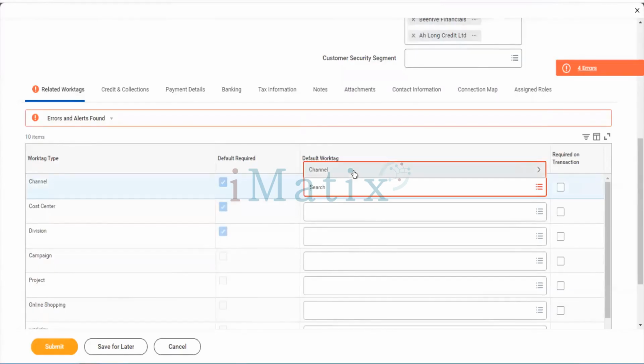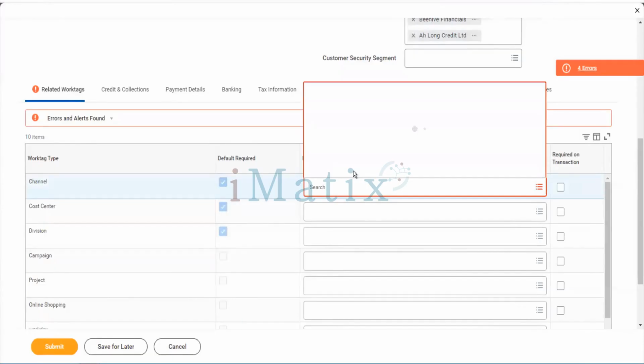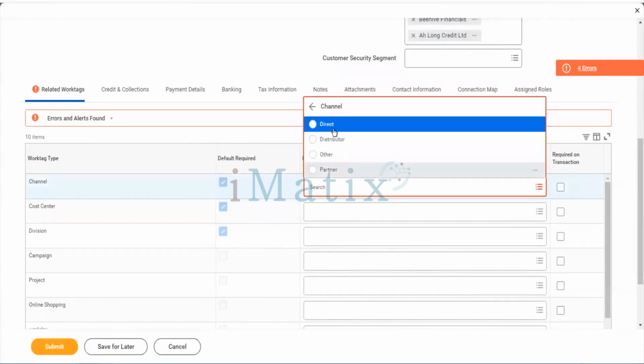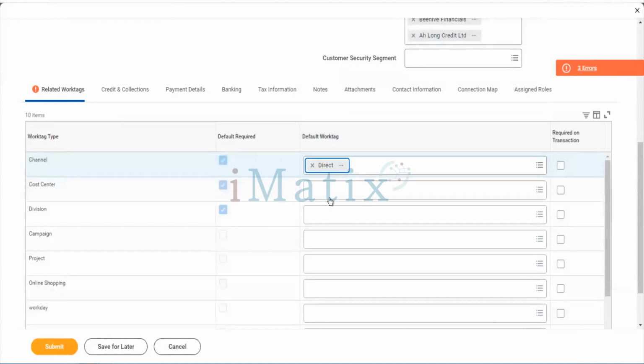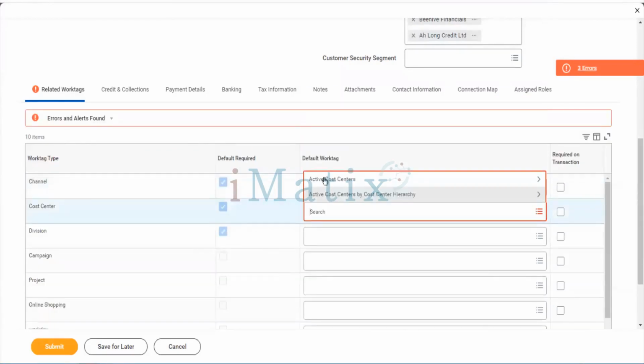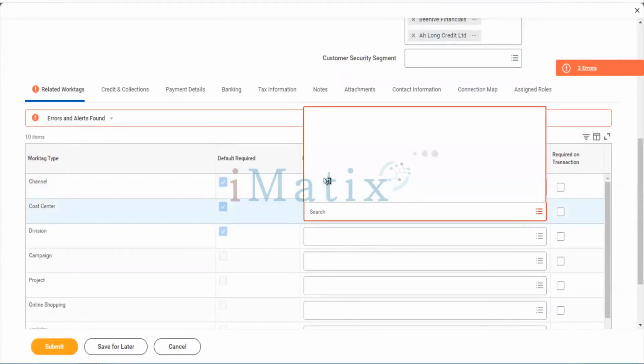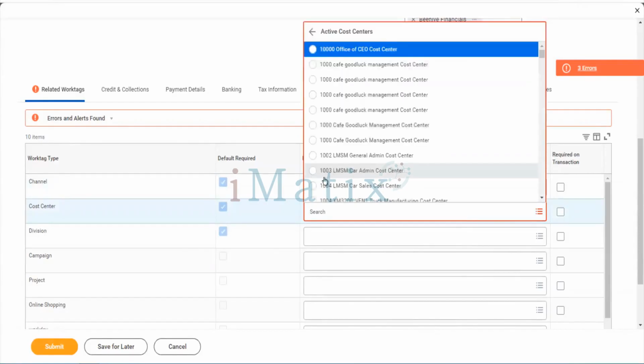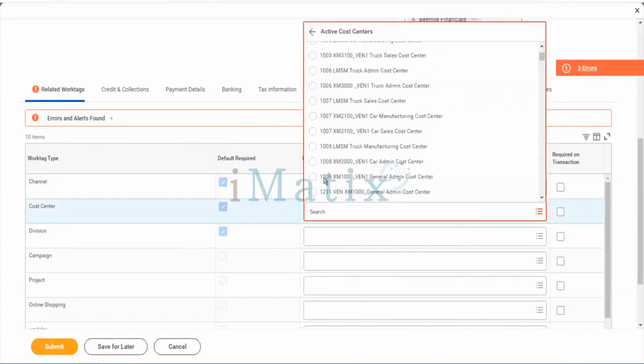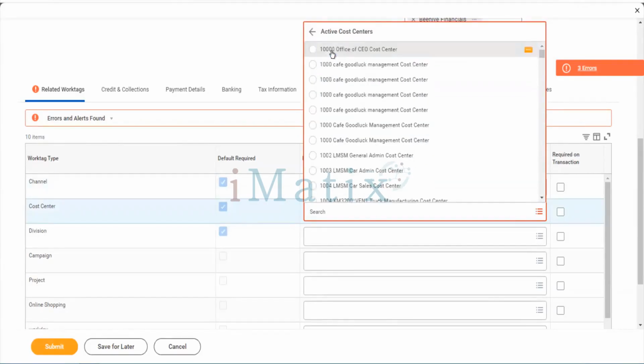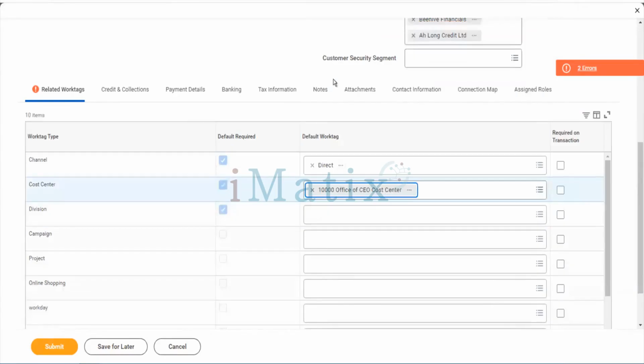Let's select any random value for this customer. Direct call center to call center. Official CEO. And let's add a division also.